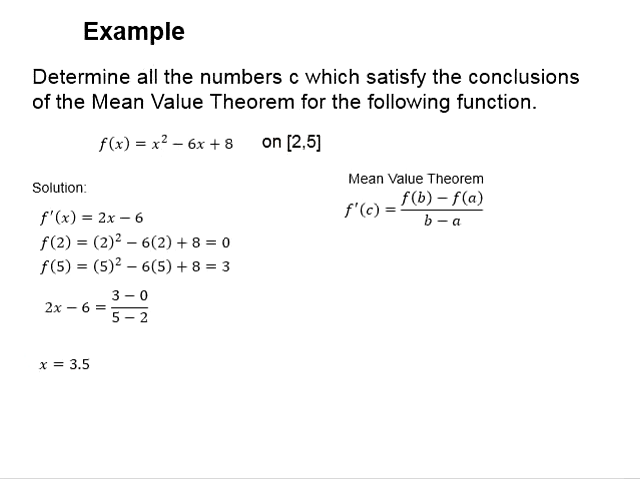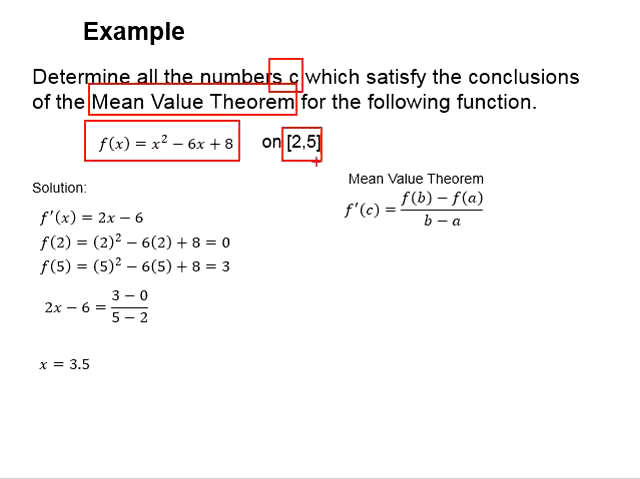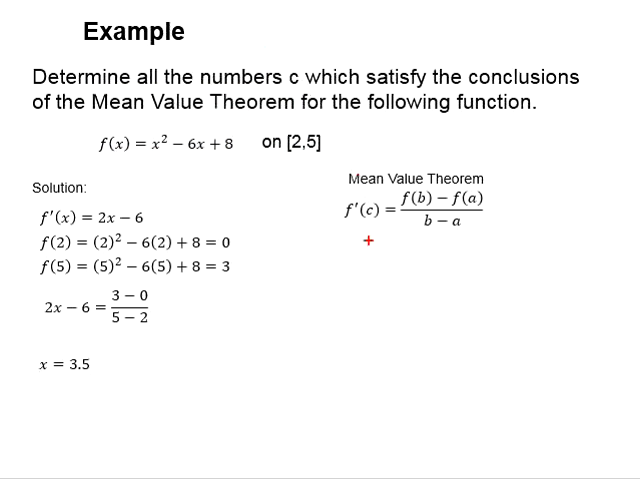Let us try another example. You are asked to determine the number C which satisfies the mean value theorem for the function given here for the range of 2 to 5. To solve this question, you may adopt the equation for the mean value theorem. In the equation, you will need the differentiation of the function and also the substitution of the function for the numbers